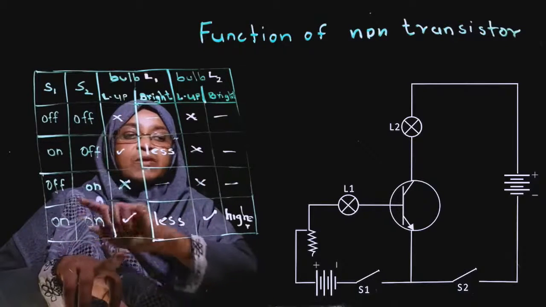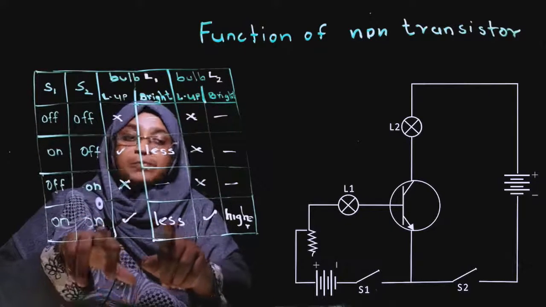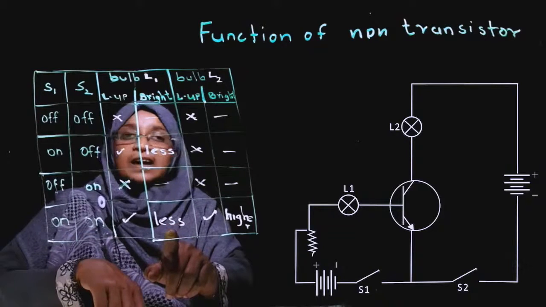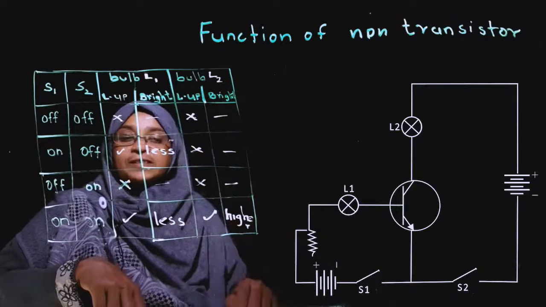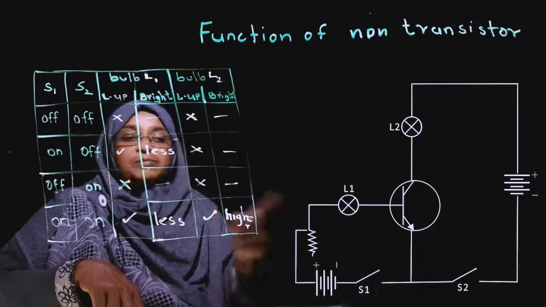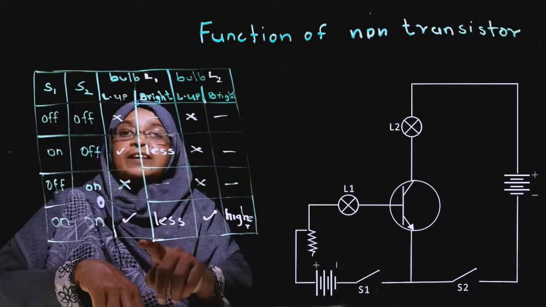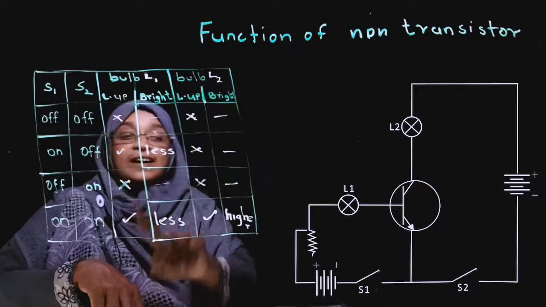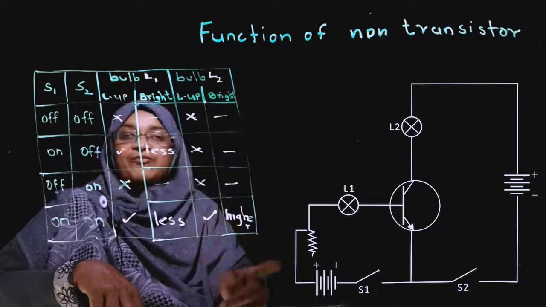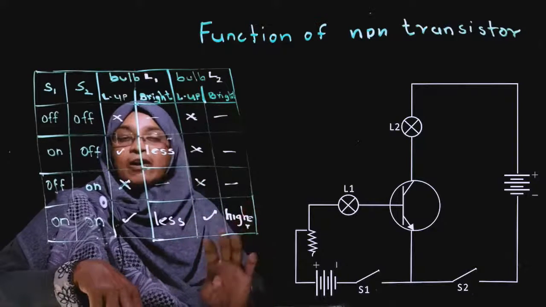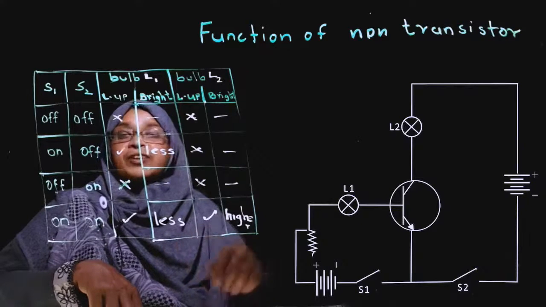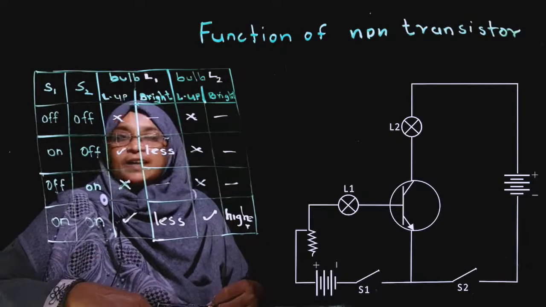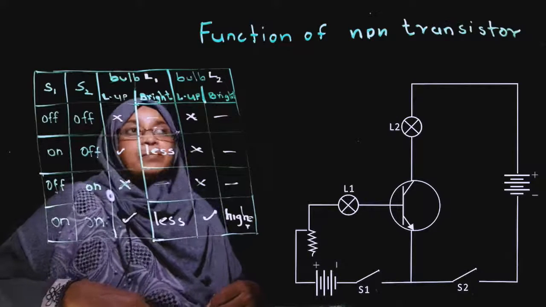When a small current flows in the input circuit, a large current flows in the output circuit. So, a small current in the input circuit can be amplified in the output circuit. This is called current amplification. Okay, then let's see the applications of